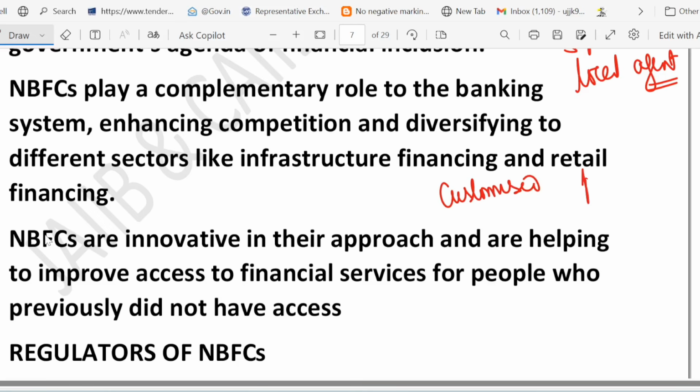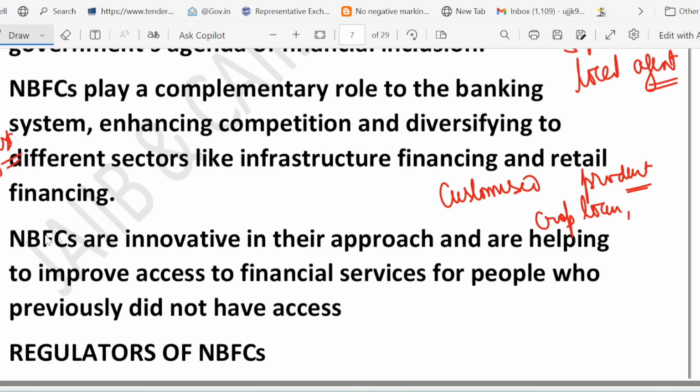What is the meaning of customized product? Like a crop loan. A crop loan is a kind of customized product. Petty financing is also a customized product. For example, a fisherman gets a monsoon season loan to repair his boat. That is a customized product. And if we talk about the biggest impact, it is